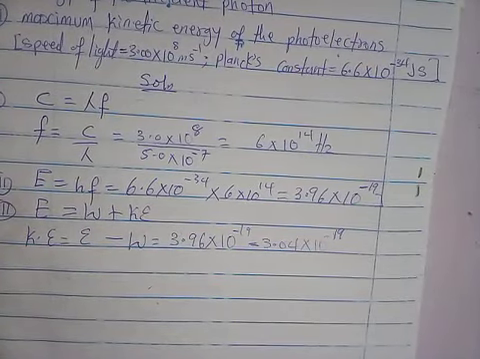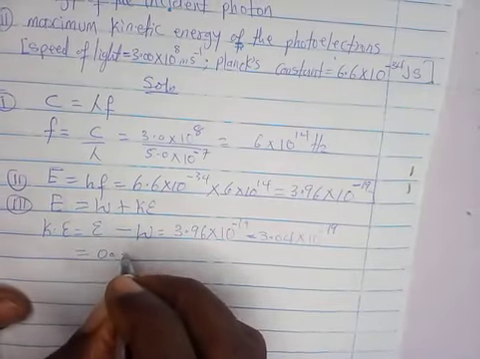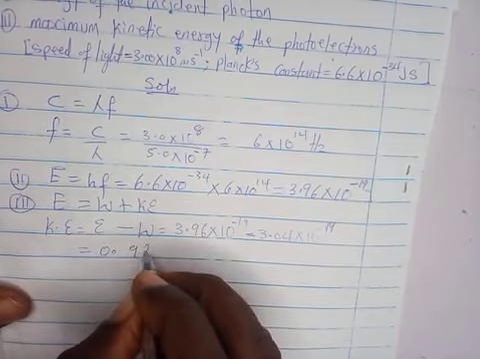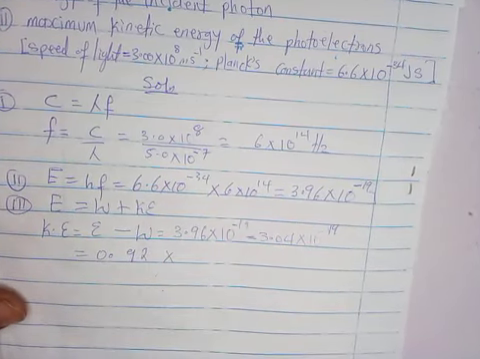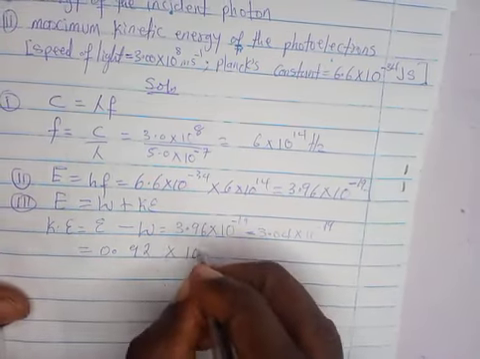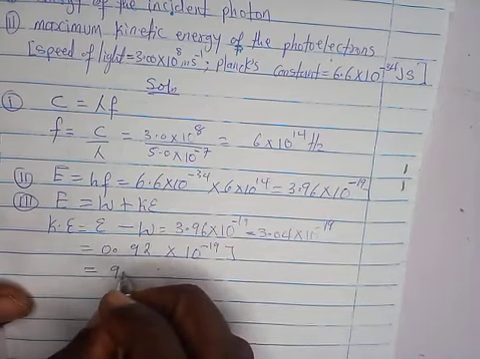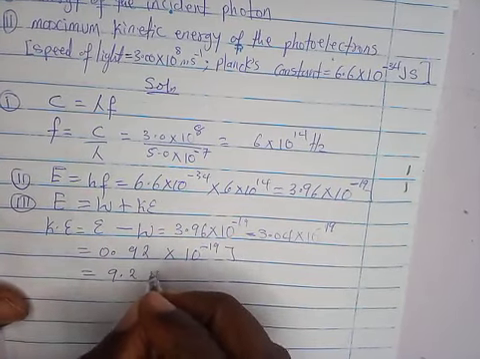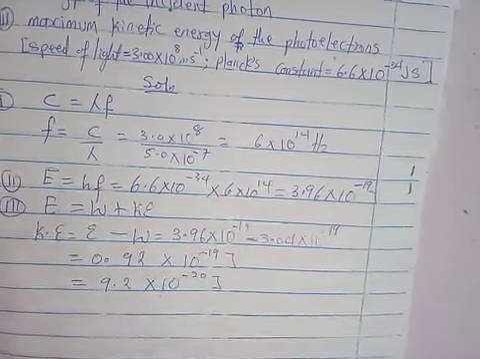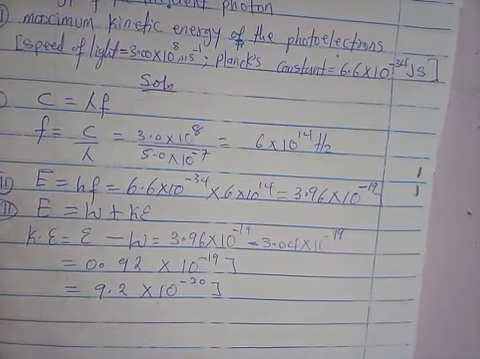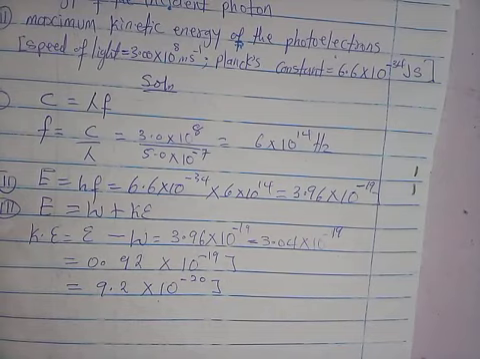And when you solve this, you'll be having kinetic energy 0.92 times 10 raised to the power minus 19 joule, which is equivalent to 9.2 times 10 raised to the power minus 20 joule. So at this point, we come to the end of energy quantization,